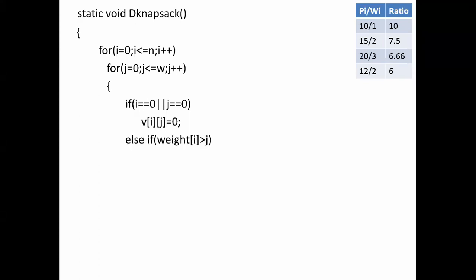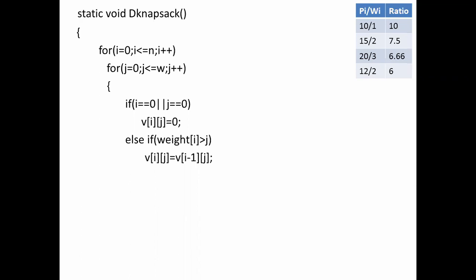Else, if weight of i is greater than j, that means we have to use the previous value as it is. That means you cannot put the current item into the knapsack, because the weight of the ith item is greater than the capacity of the knapsack. The remaining capacity will be pointed to by j here.